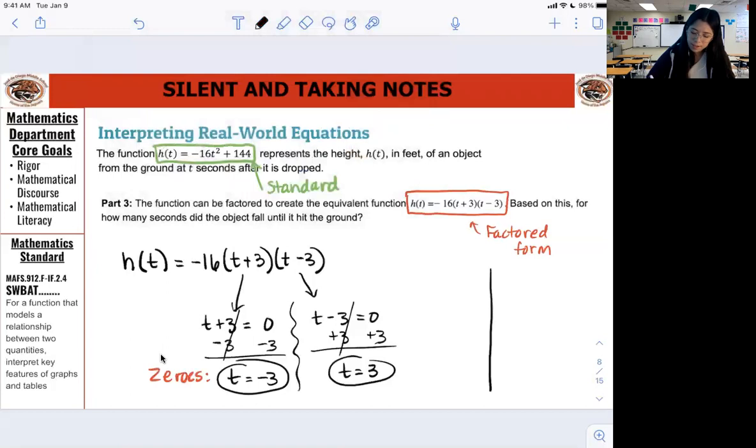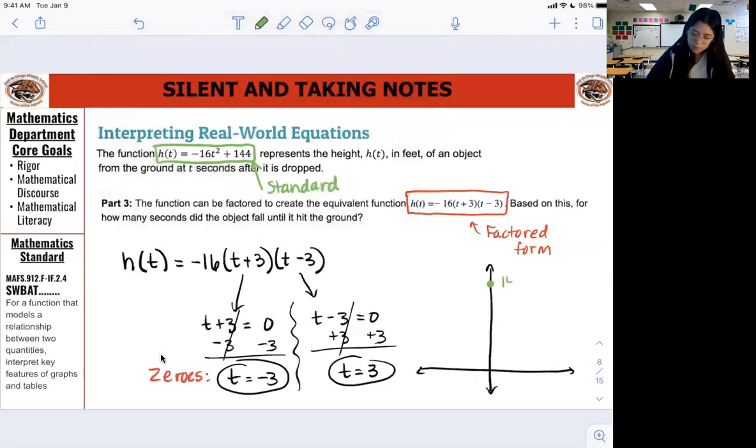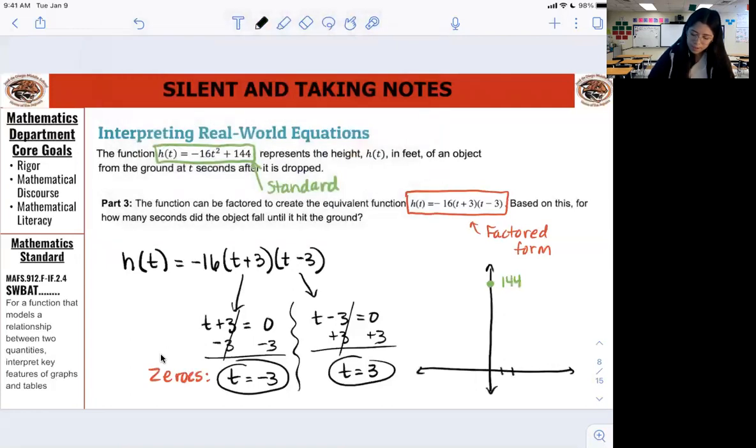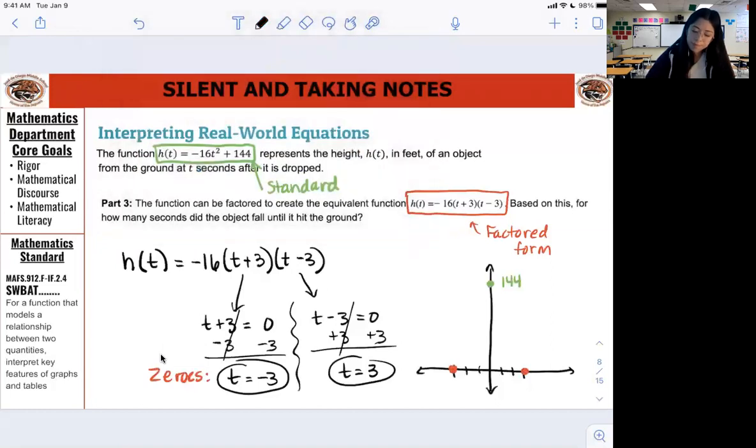I know that the y-intercept is 144, and I know that the x-intercepts are positive 3 and negative 3. The AOS is down the y-axis. So this is going to go up